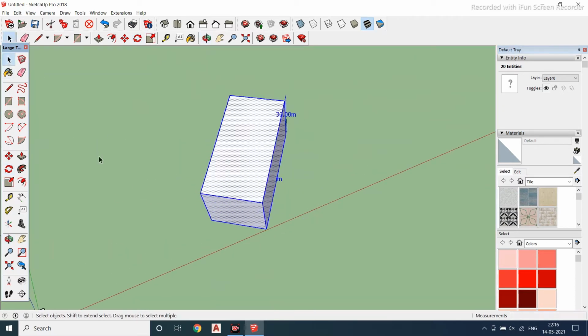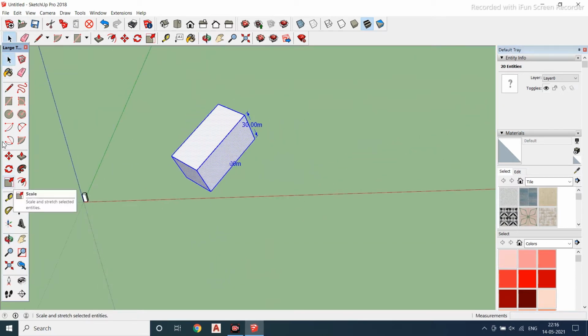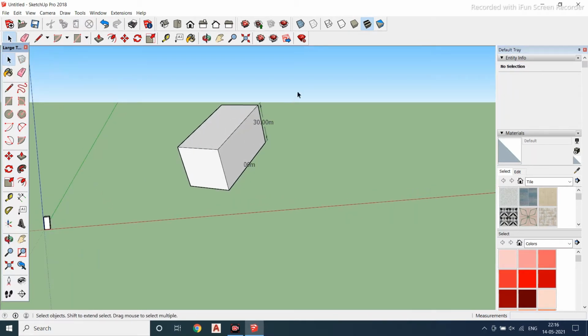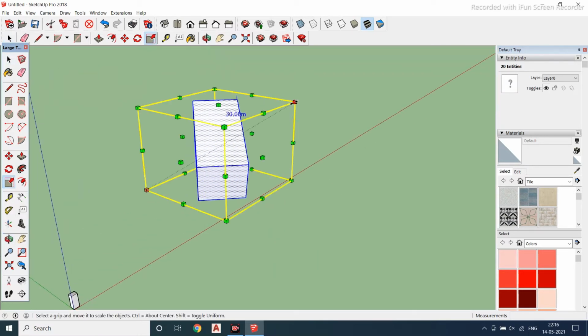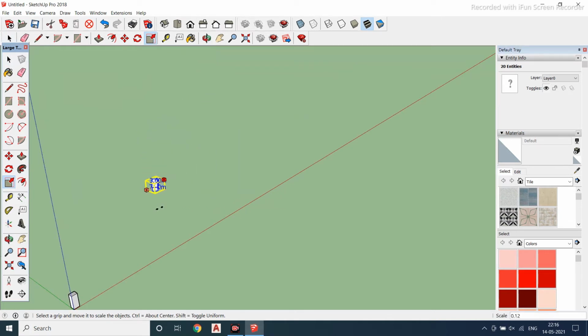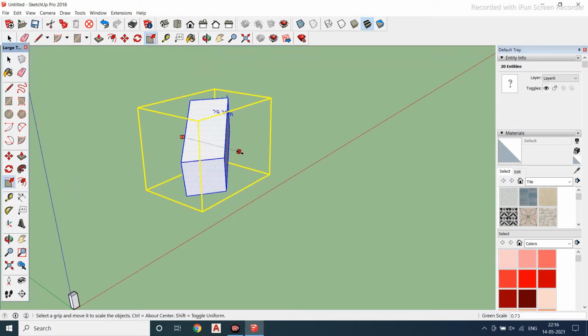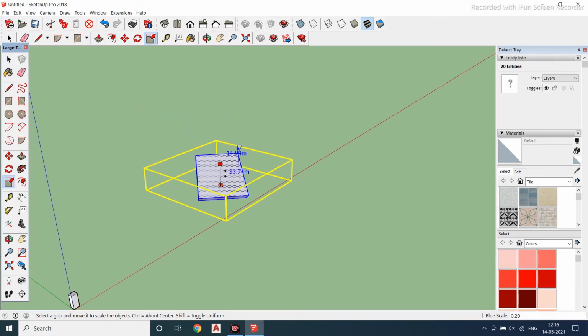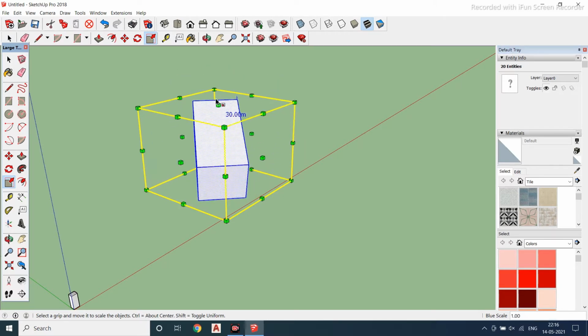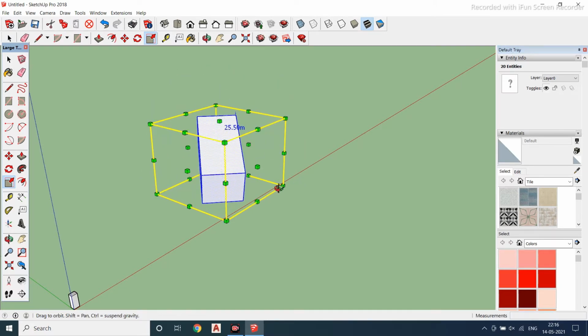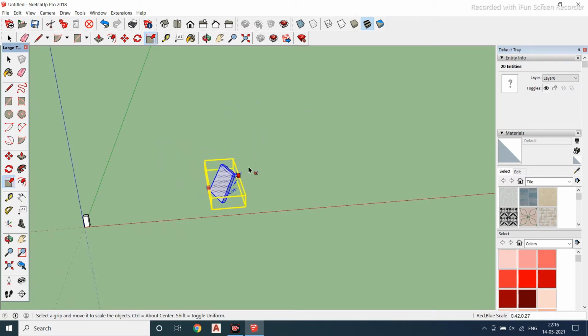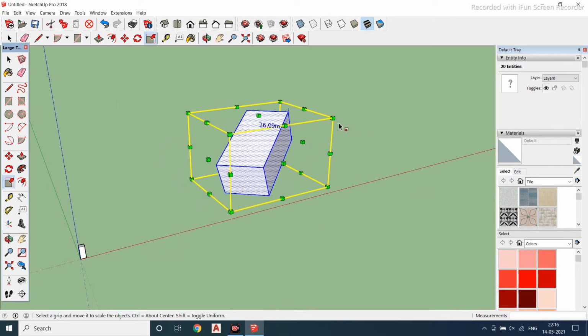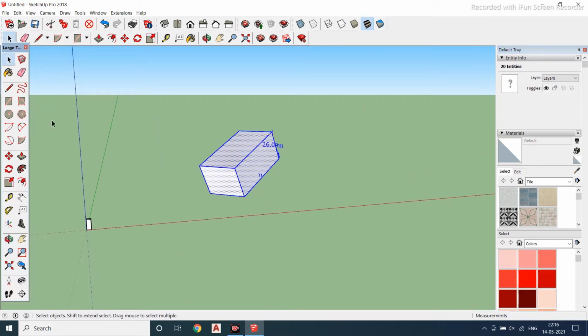Okay, next is nothing but your scaling. Come out of the command, click somewhere outside in your window and come out. Next select this one and use your scale. This scale you can see here is diagonal scaling. It will go uniformly. This is one-sided scaling. This is also one-sided scaling, top to bottom. Diagonal always goes with equal scaling. This is also two-sided scaling. Fine, this is all about your scaling.